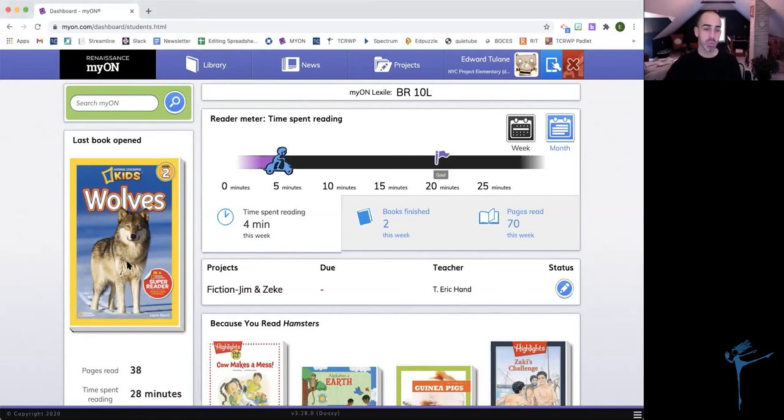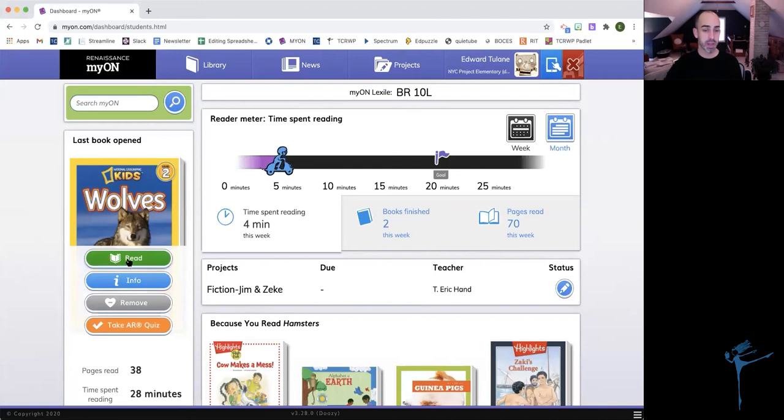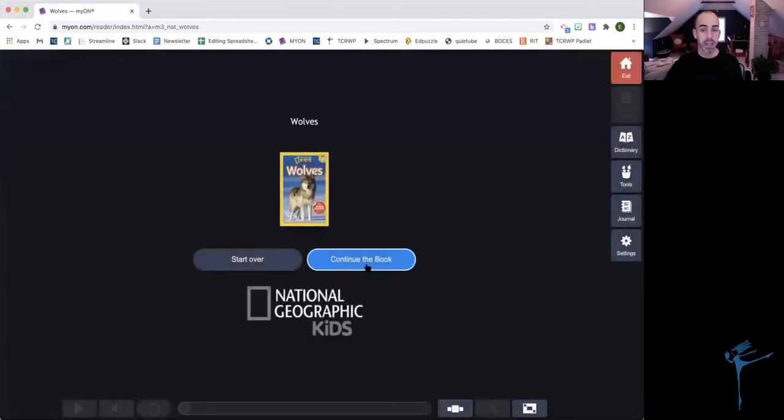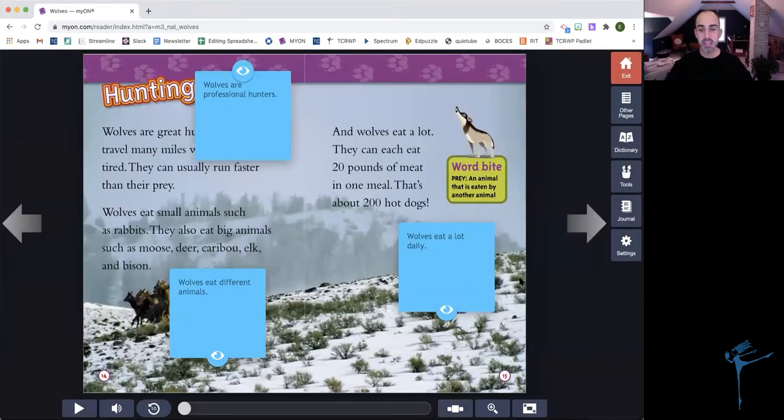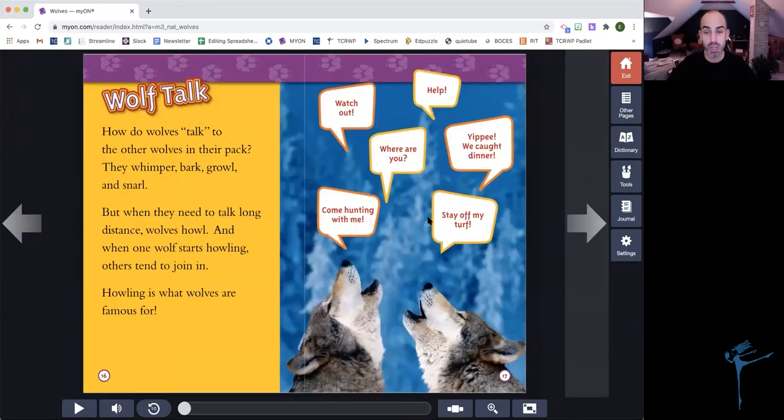If I go to this Wolves book, this is a nonfiction book that I was reading, you can see here that I was able to put little text boxes to jot notes. You could almost think of that as the same thing as writing a note on a Post-it and putting it in your book. So if I'm reading and I want to add a note, all I do is I